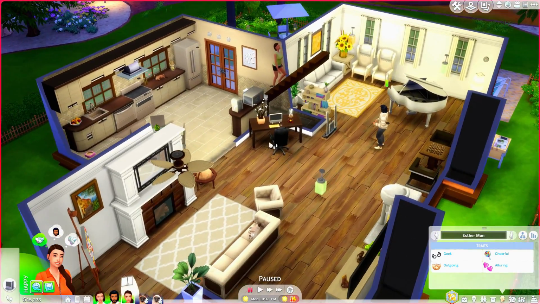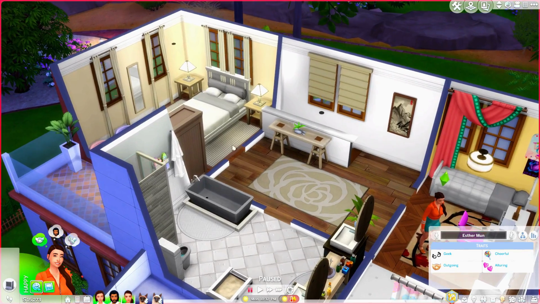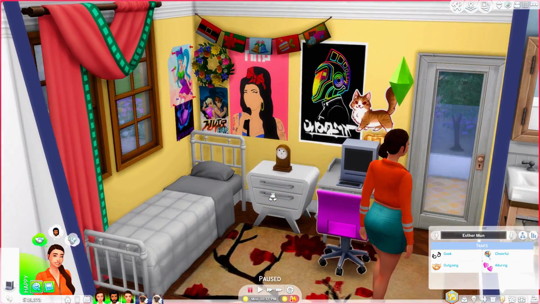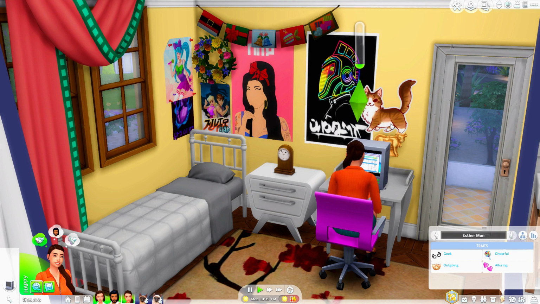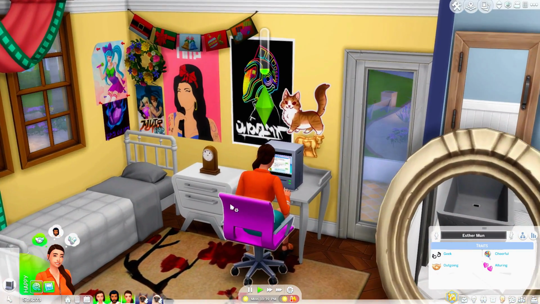So this is the house. Everything's very nice, white, pristine, clean. Her sister loves it clean, with white lines. That's what she loves. Esther has this side of the house to herself. Here's her room. She has her little Amy Winehouse poster and cute little gaming posters. She loves cats, and all of the Christmas cards she's ever received, and she just has a nice